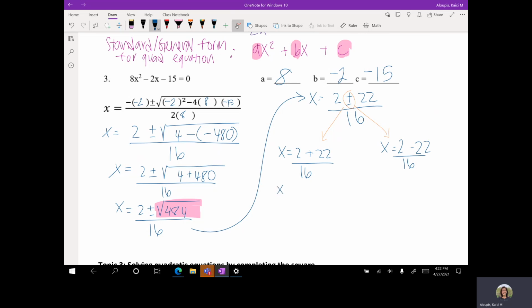Keep on solving. X equals, well, 2 plus 22 is 24 over 16. X is equal to 2 minus 22 is negative 20 over 16. And we can simplify our fractions a little bit. If I were to divide both of these terms by 8, or factor out 8, reduce it by 8, whatever you want to call that, 24 divided by 8 is 4, and 16,